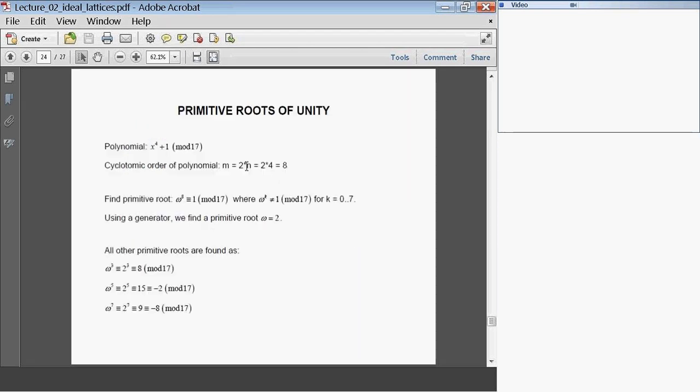And so those operations are done in terms of the roots of unity, which are directly related to the definition of cyclotomic polynomials. And simply speaking, if we have the polynomial x to the power of 4 plus 1 mod 17, that we looked at,